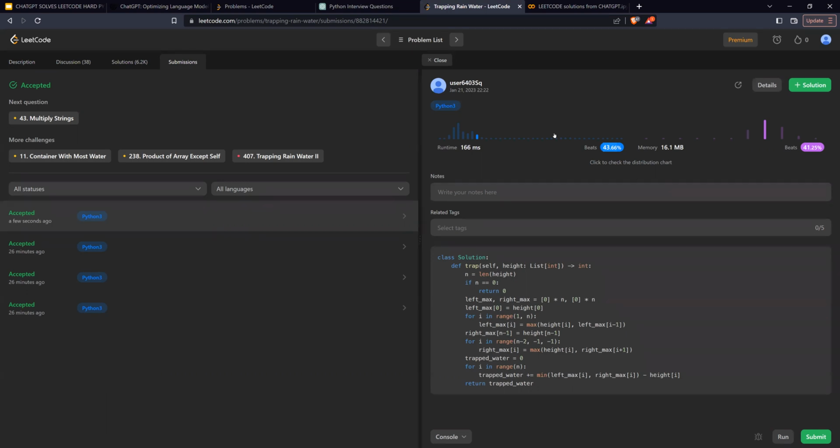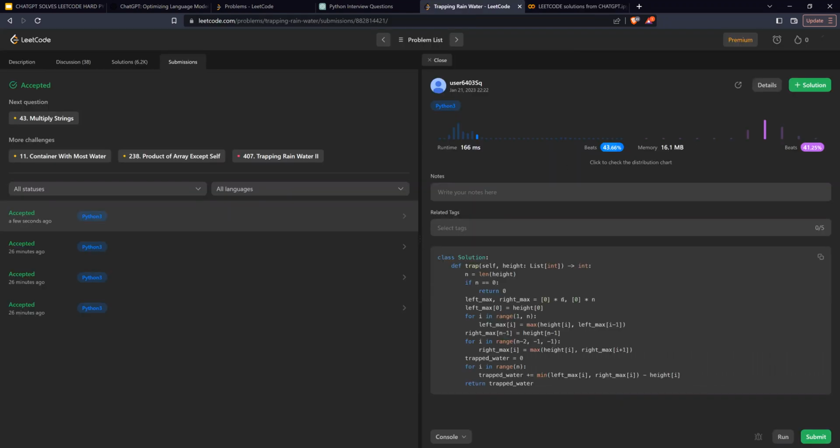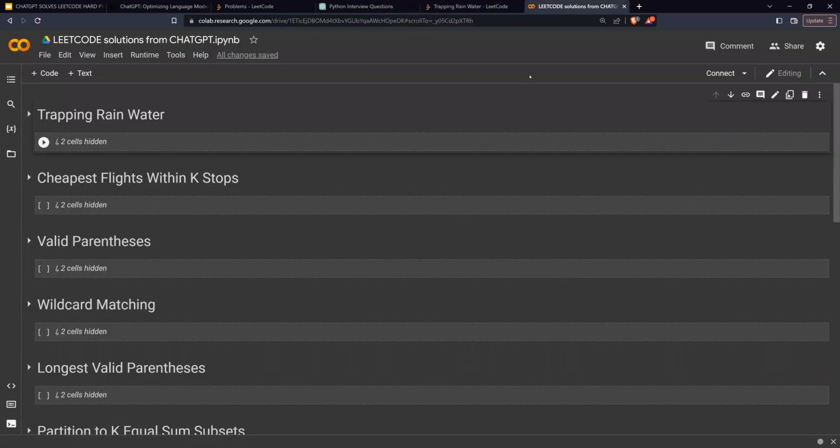So let's do this. I'm going to walk you through the top 10 questions. So for trapping rainwater, I'm going to explain each answer, but I'm not going to execute all of these one by one on LeetCode. You can do it by yourselves. And by the way, all 10 solutions are generated by ChatGPT, so I'm just going to explain how they work. Feel free to pause the video and watch it multiple times till the very end to look at the answers